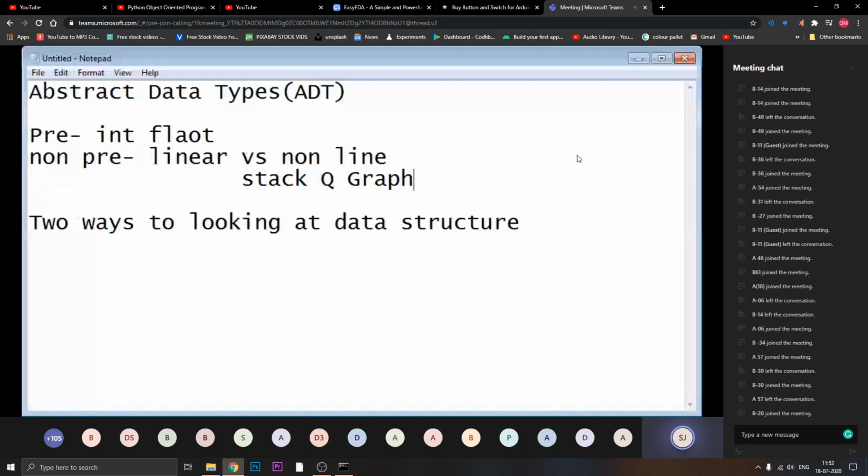Tree. Okay, so these are data structures.